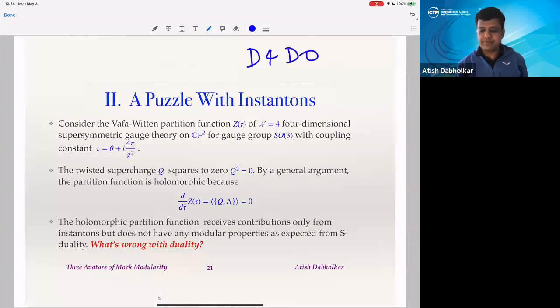interested in D4, D0 bound states. You take a D4 brane wrapping a K3, okay, D4, D0 bound states. So you take a Euclidean D4 brane wrapping a K3 times a circle, and a D0 brane. Then the bound states are basically given by instantons. There is a Yang-Mills theory if you have some D4 branes, and there are instantons. And these bound states are given by the Vafa-Witten partition function, which is some twisted partition function of this conformal